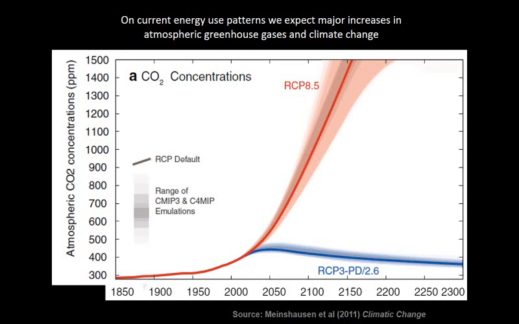But this is a graph showing atmospheric levels of carbon dioxide, and the current modelling for climate models is based around what are called representative carbon pathways, or RCPs. So RCP 8.5 is where we burn all of our fossil fuels, and carbon dioxide concentrations just basically go through the roof from current levels around 400 parts per million to well over 1,000 parts per million within a century. The RCP 3 is where we don't follow that future and we basically keep most of the fossil fuels in the ground.